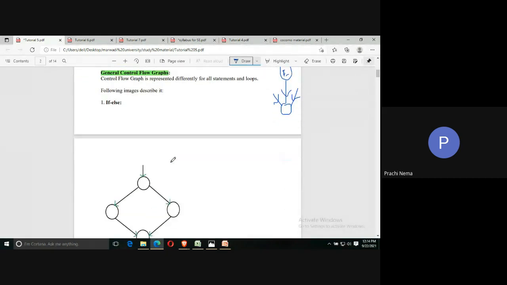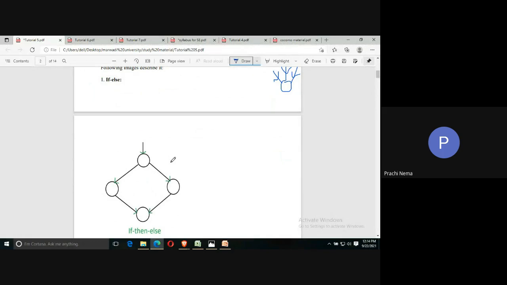Now comes how do we draw a control flow graph for general conditional statements. We have many types of conditional statements like if else, while, do while, for. For all these, you can have an idea of what our control flow graph will look like, because these are the mostly used statements, and these are the only statements which will make the sequence go out of the linear way. That is, the sequence will not be linear if any such statement is included. So these are the frequently used ones, so you can have an idea about their control flow graph.